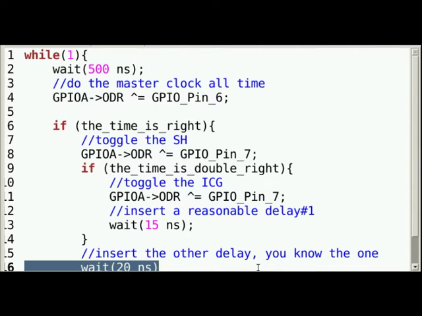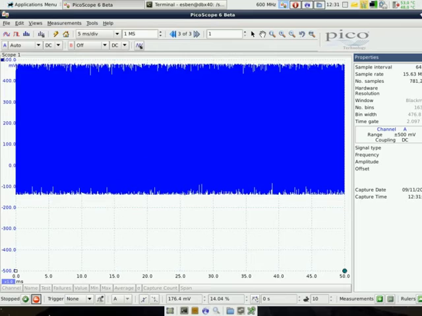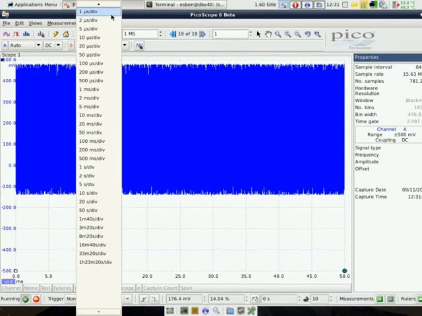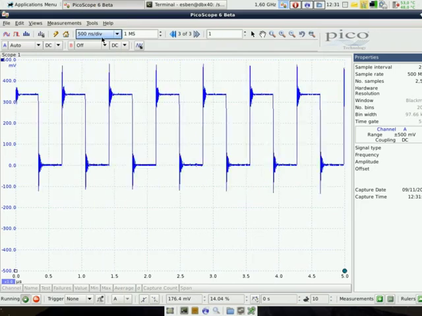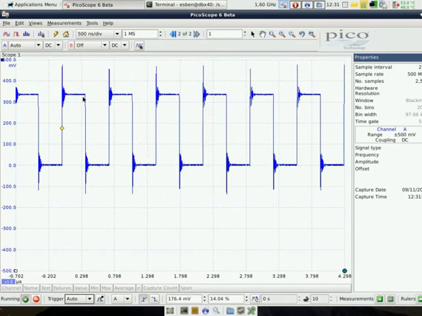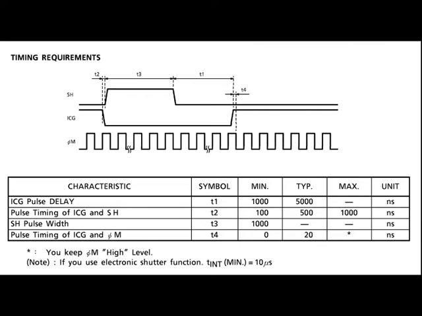Now I've set up a timer to toggle a pin to drive the CCD's master clock. You see the Nucleo is connected to the oscilloscope to see if the master clock is indeed running at 1.4 MHz. I'll just set the timescale to something useful and set up the triggers so we can measure the period, which should be 1 divided by 1.4 million. That's 714 nanoseconds.